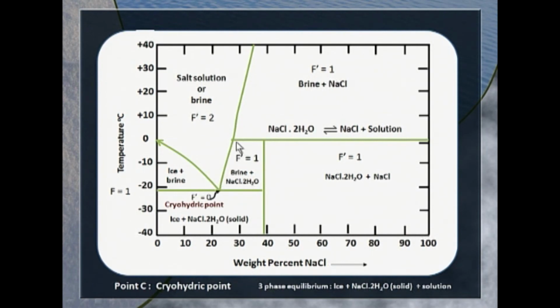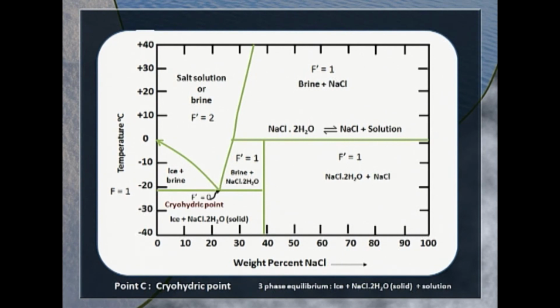This corresponds to the solubility curve of sodium chloride dihydrate, and further up you have the solubility curve of anhydrous sodium chloride, indicating that there is hardly any effect of temperature on the solubility of the dihydrate as well as sodium chloride. The horizontal line where we have shown an equilibrium between the dihydrate, anhydrous sodium chloride, and the solution